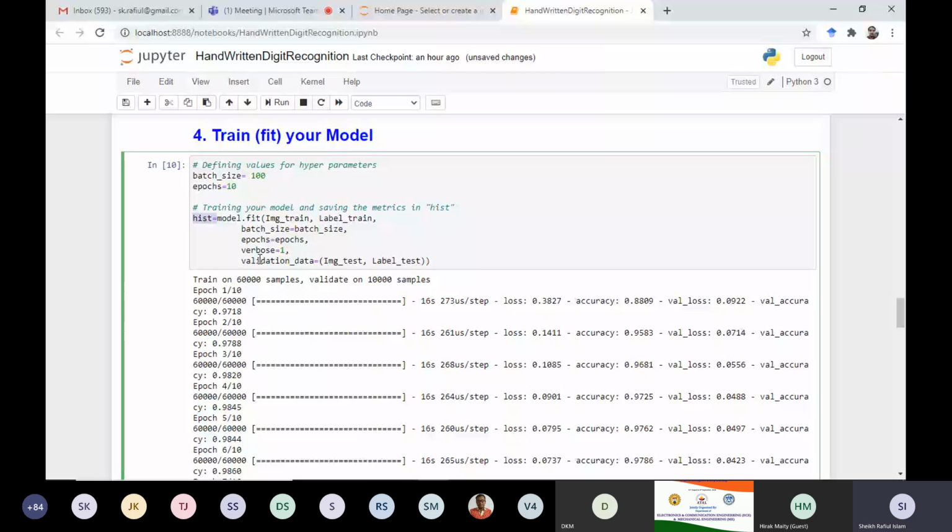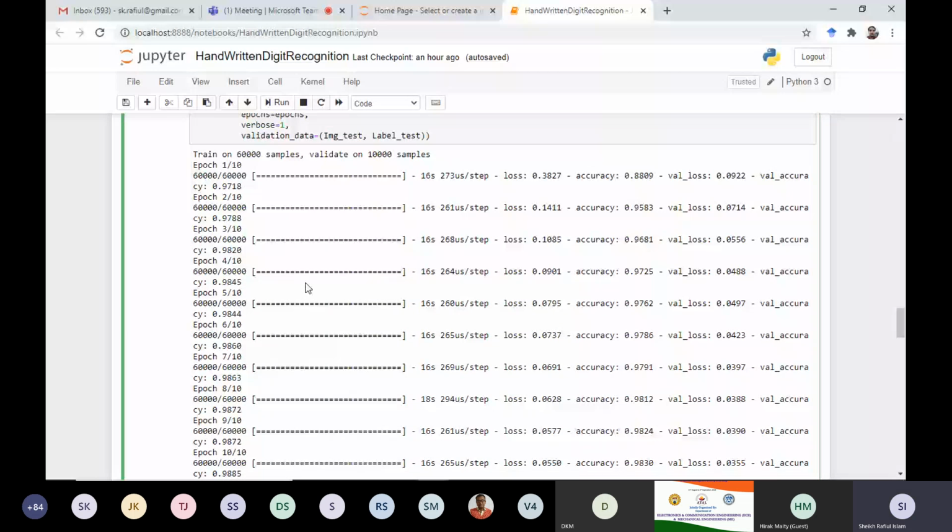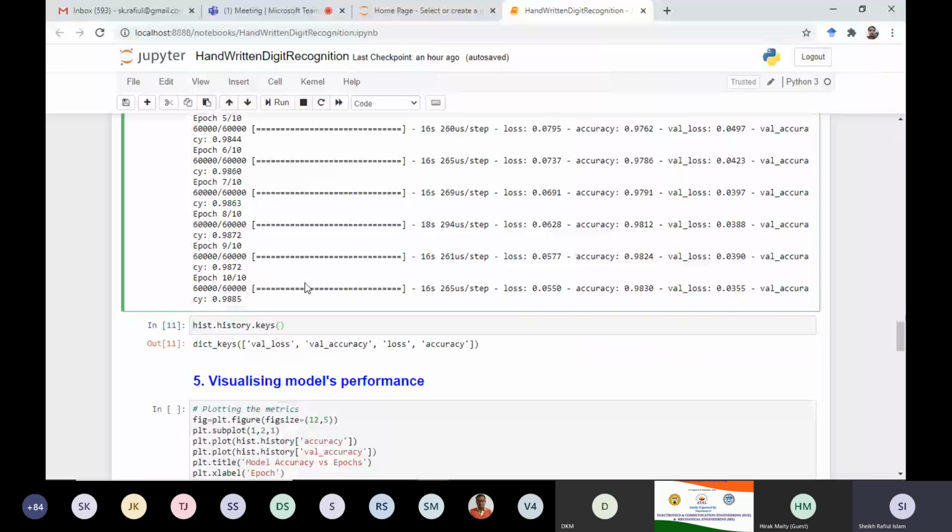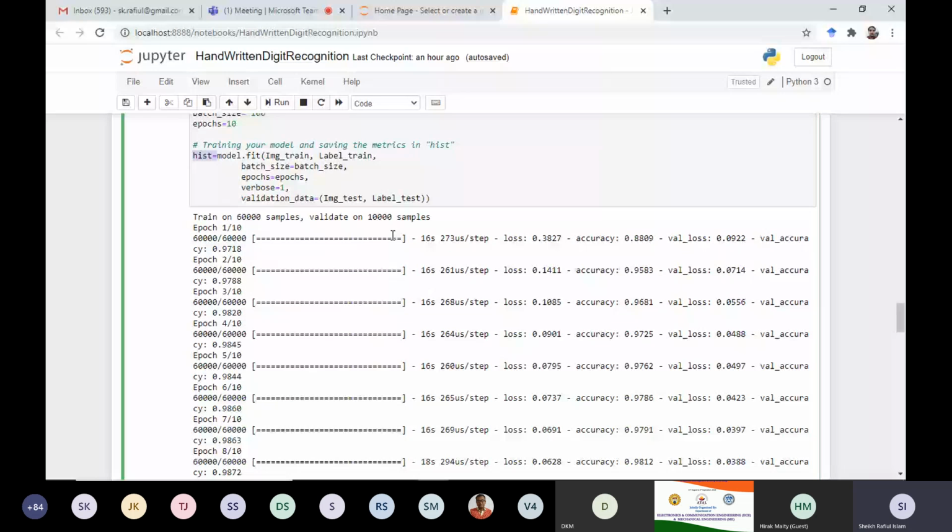That is optional. If you don't use this portion, hist equal to, that doesn't matter. Your model will be trained. You can even use this model. But later on, if you want to explore the findings during training, you won't be able to. So to do that, we have used this variable, meaning whatever findings there are will be kept in this hist variable, and from there we are exploring this.